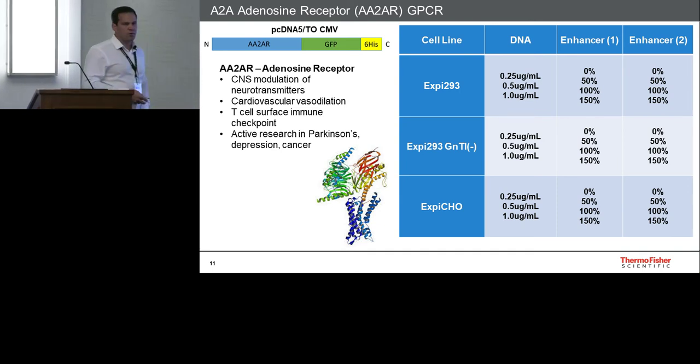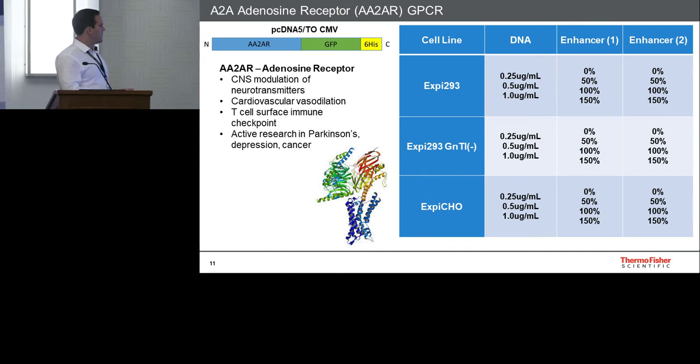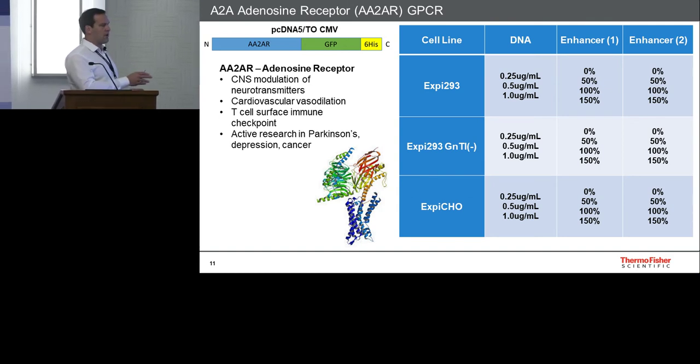But for each membrane protein, there are a lot of different considerations you need to take when you're setting up and determining optimal expression conditions. And in fact, I'm only showing a subset of them here. But in this case, we have AA2AR directly fused to GFP and a his tag on the C terminus. And we find that this generally does a good job of helping to establish optimal conditions for the expression of your GPCRs, with one exception, which is that you have to watch out for the optimal harvest time, because GFP